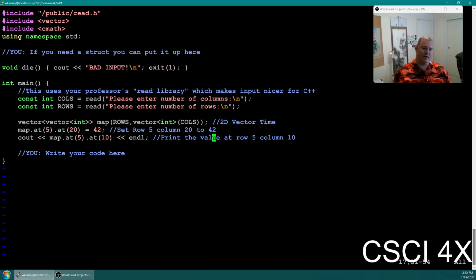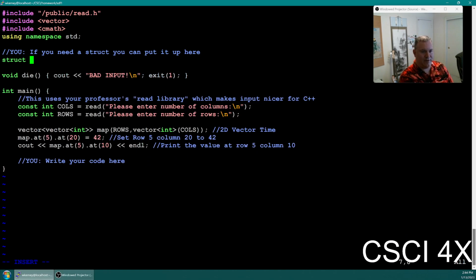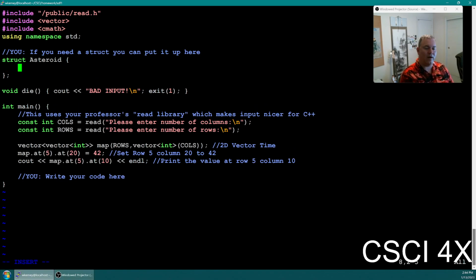So that's how you make a two-dimensional data structure in C++. The other thing that you guys should probably do is make some sort of struct for an asteroid. Maybe. What kinds of things describe an asteroid? So this is, philosophically speaking, what attributes does an asteroid have in this program? It's got a position, it's got a size, what